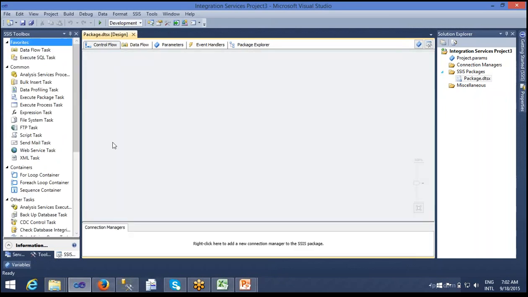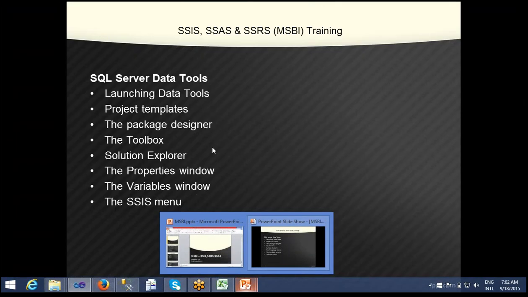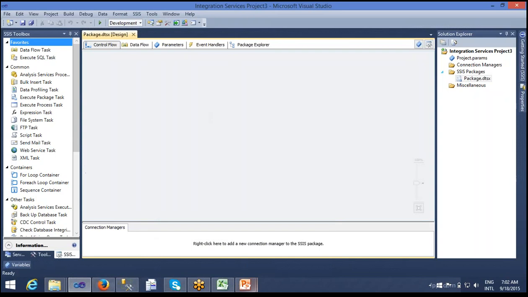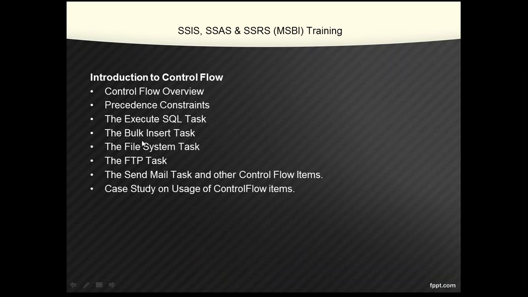While explaining, even 1 hour is not enough to give a demo of these SQL Server tools. But I want to make you understand at a small level so that you can get some idea. These are the tools for SSIS that we discuss here: what the menu options are, what the property symbol is, everything. And one by one, what the benefit of each tool is.